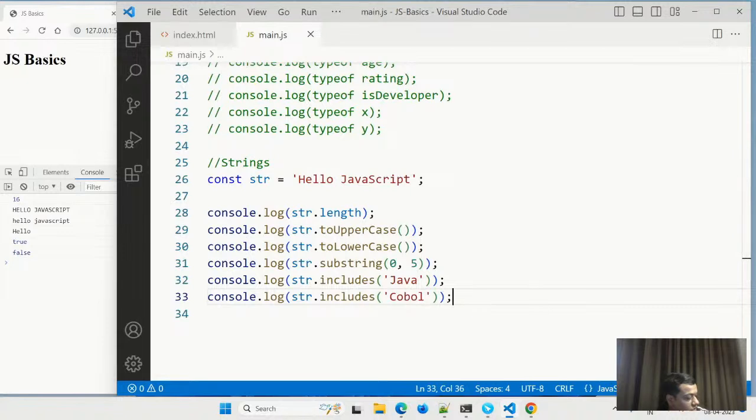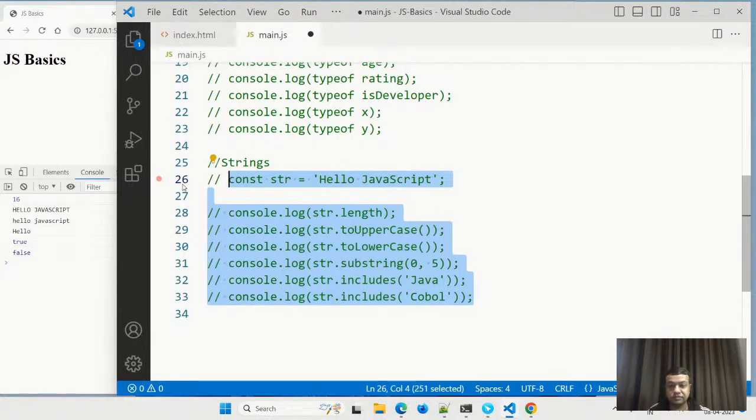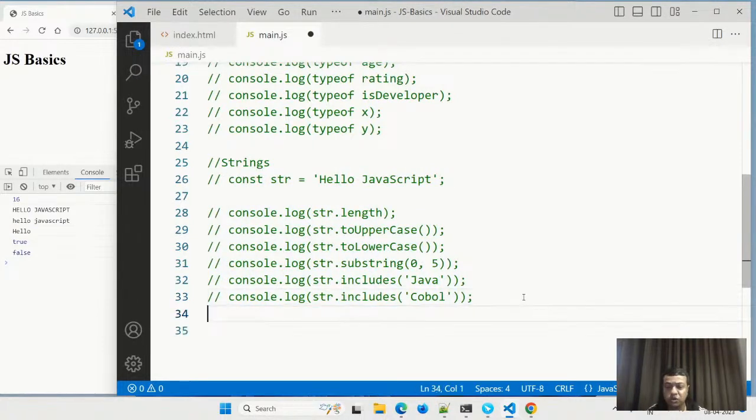Now the next thing we are going to do is the array. Let us do the arrays. Arrays are again there in almost all programming languages.